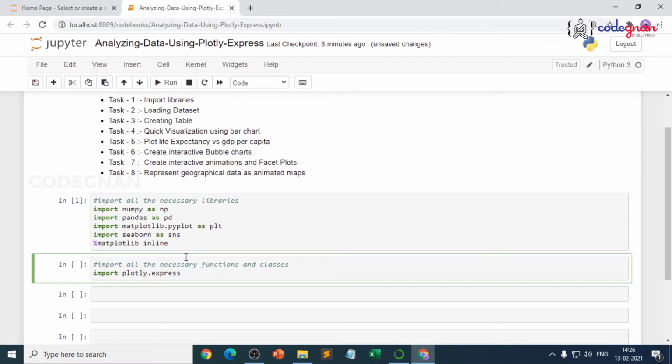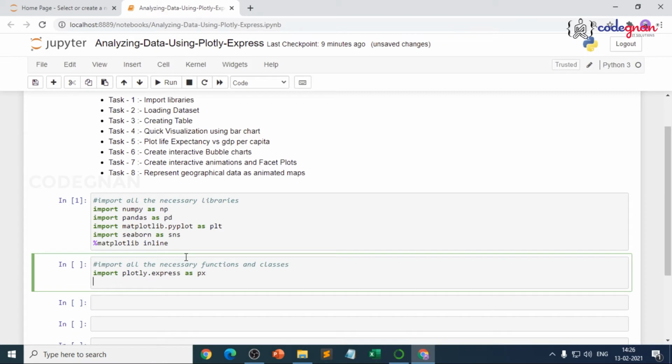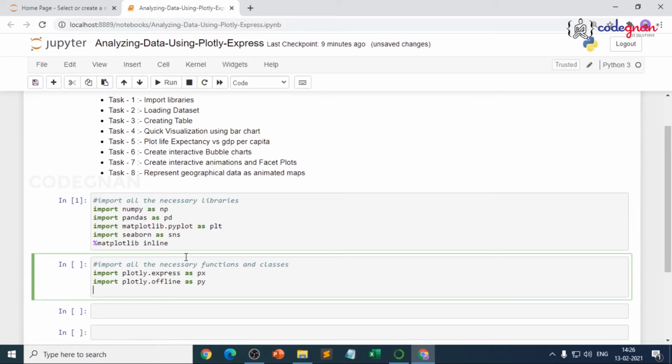So import plotly.express as px. Now here we will import plotly.offline as py. Alright. After doing that, we also need to tell this notebook that we want our graph to be plotted in offline mode.